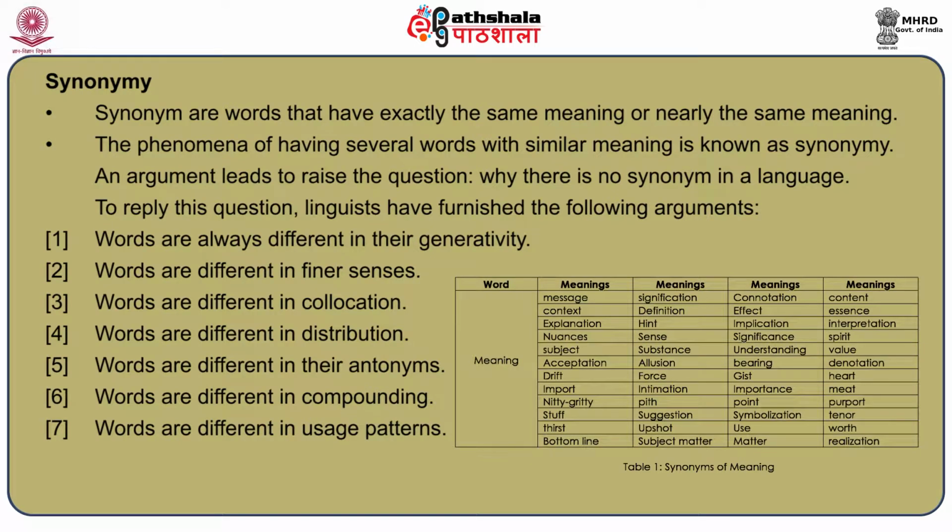Those words of nearest sense, for the purpose of better understanding of the concept, are termed as synonyms. For instance, the word meaning in a regular English dictionary presents nearly 50 words which may be considered, based on context, as synonyms of meaning. Here is the list. Meaning has 50 different senses, from message, context, explanation to realizations.